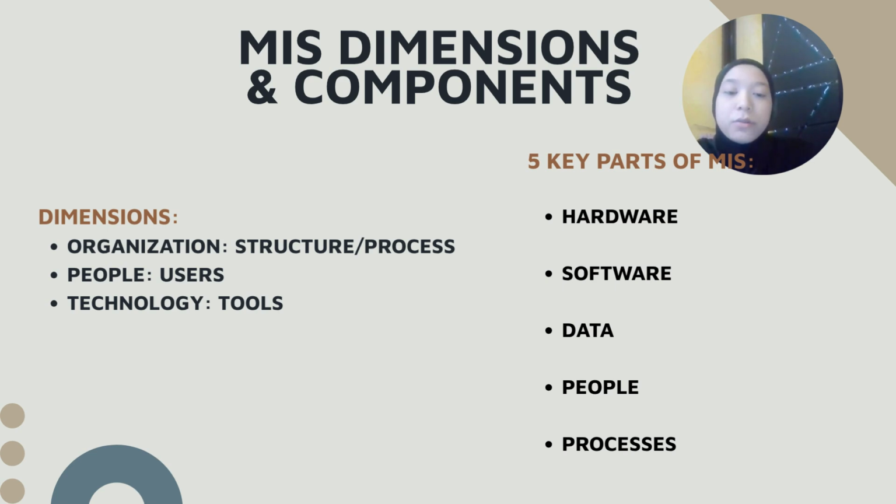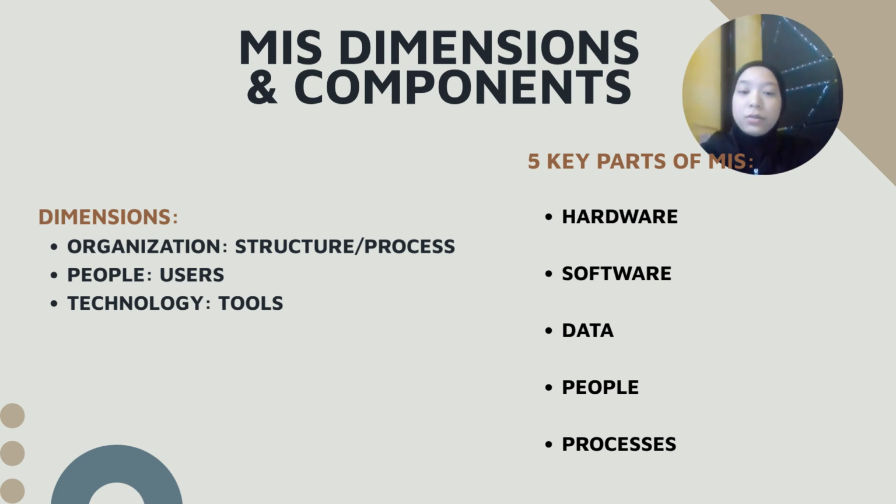So we go to the third one, which is data. Data is the raw material. It can be numbers, stats, sales records, customer feedback, or anything else that can be collected and analyzed. Clean, accurate data is essential for reliable output. The fourth one is people. As mentioned earlier, people interact with the system. Their feedback, decisions, and actions shape how the system works.